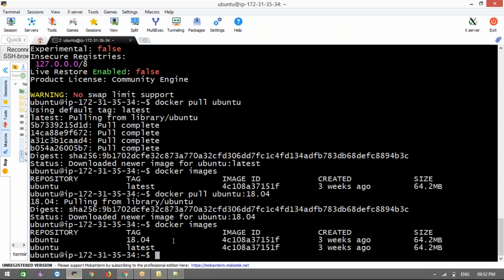Now see how to run this as a container. If you want to check which containers are running on your system, the command is docker ps, for process. We are checking the running containers at the Docker level.